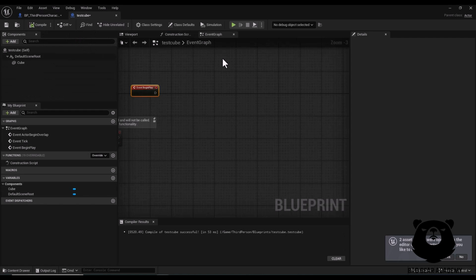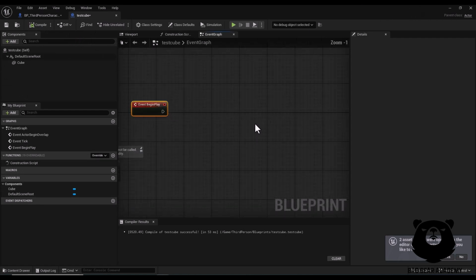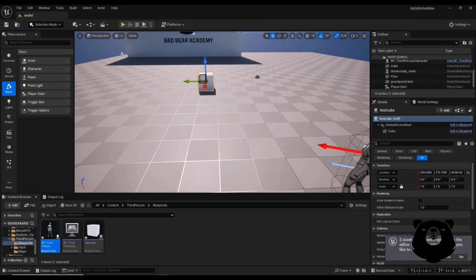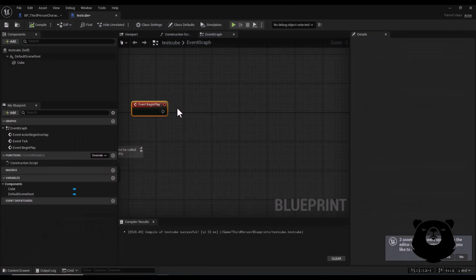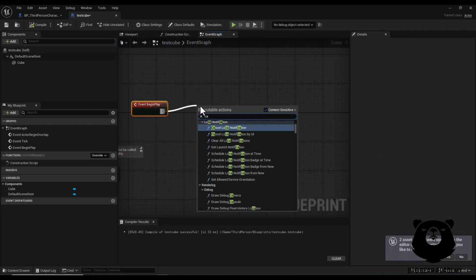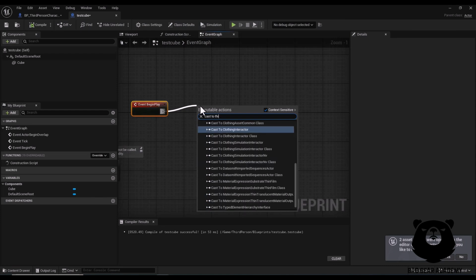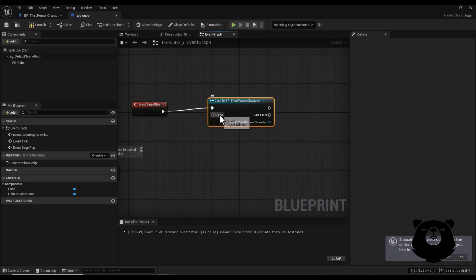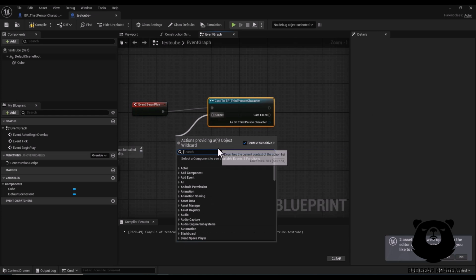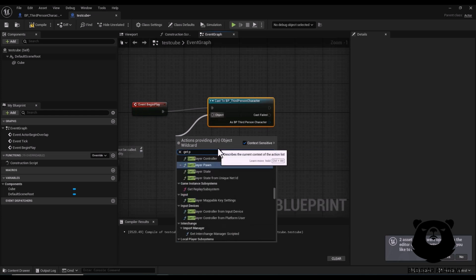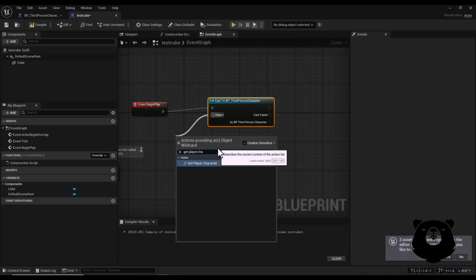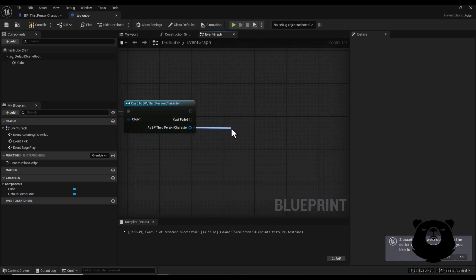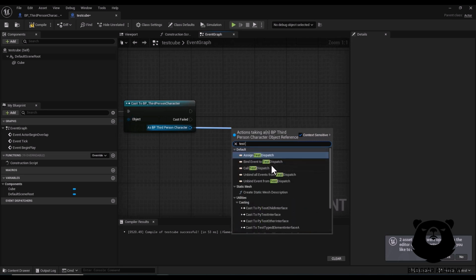Okay, now I open this test cube blueprint, which is actually this actor in my scene. From event begin play, I cast to my character blueprint. In this case is third person character BP, and for object reference I search for get player character. Okay, now I search for my test dispatch,